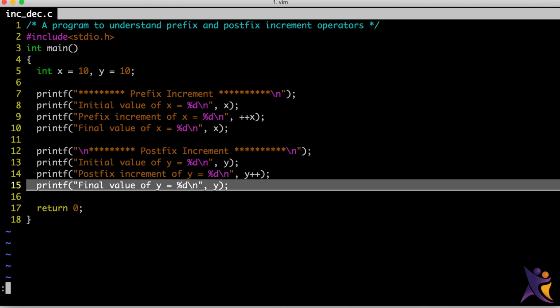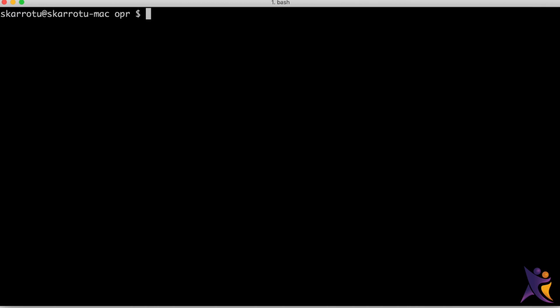Let's just compile and execute this program to see what the output is. We use the GCC compiler to compile the C programs. So there are no errors or warnings in our program.